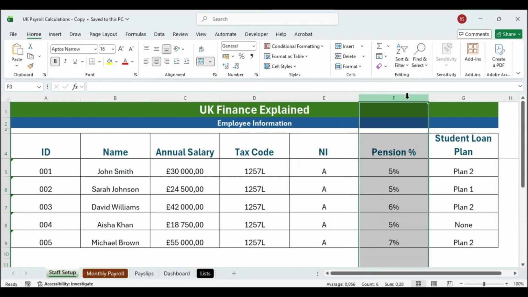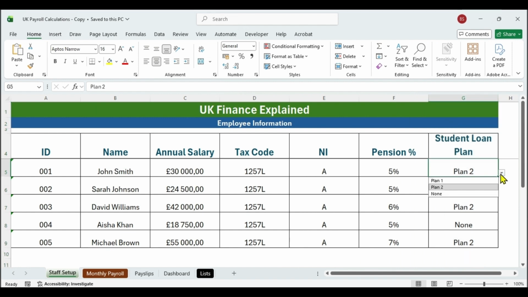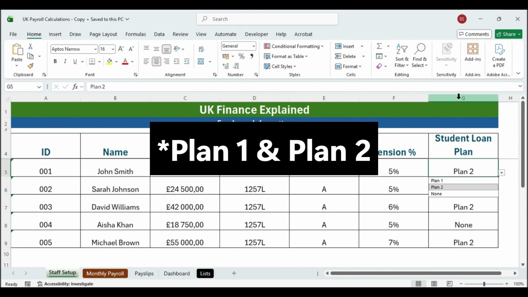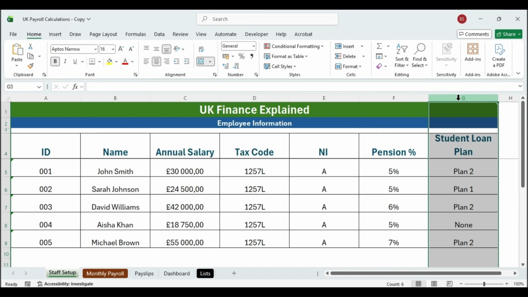This is the percentage of salary the employee contributes to their pension each month. Student loan plan, one of the deductions we'll use in this example, tells us if the employee has student loan deductions and which plan applies. So such as plan A or plan B, I've created a drop down for these two options as well for you. In this example, we will work with 5 employees,